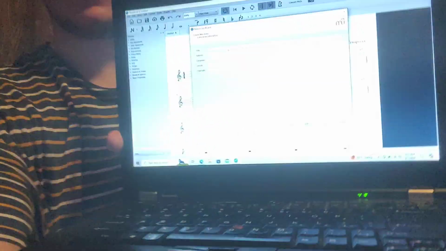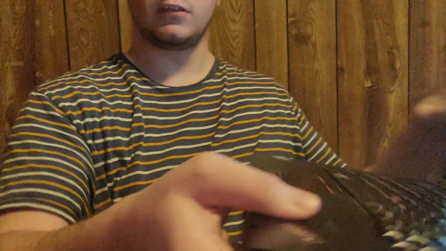So first I go to MuseScore, open up the program, create a new score. It brings up this window. There's 5 lines. First one is title, so